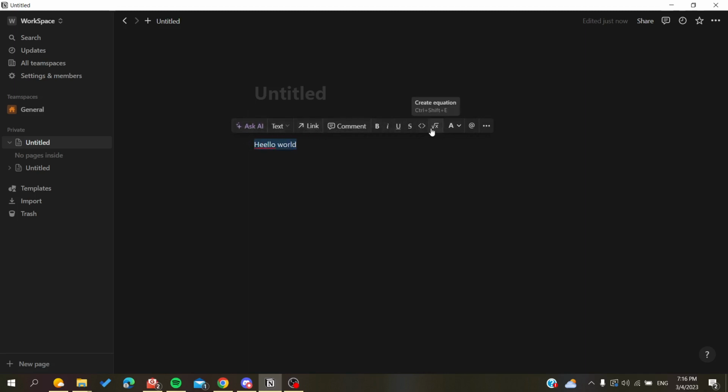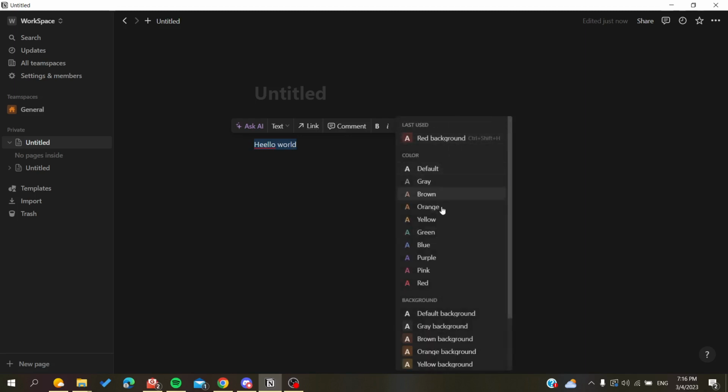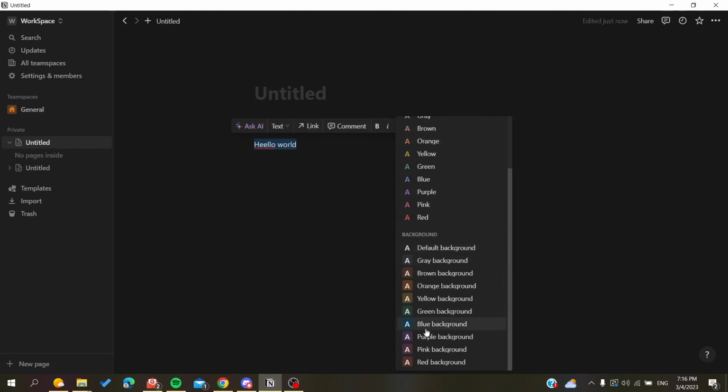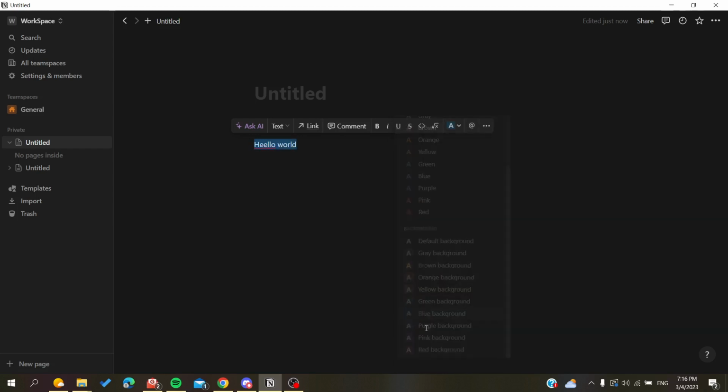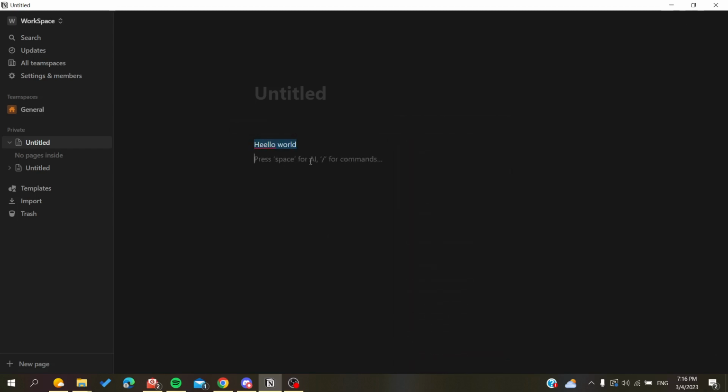So basically, we want to give this text or this object, which is a text block, we want to give it a background color. So basically, you will go to text color and search for background, and now we can give background color to our text. Or you can just select